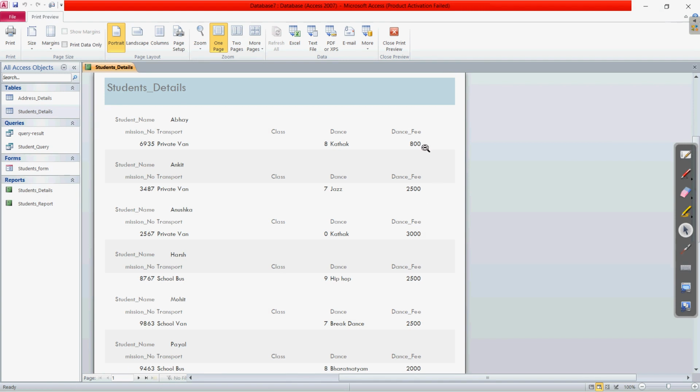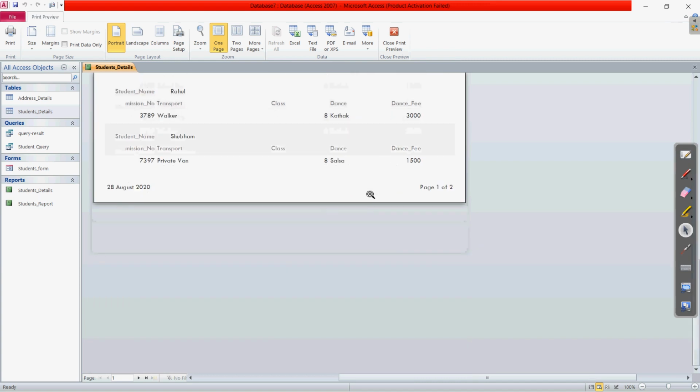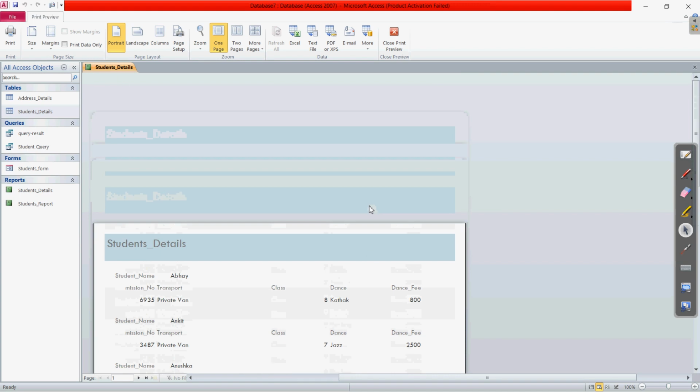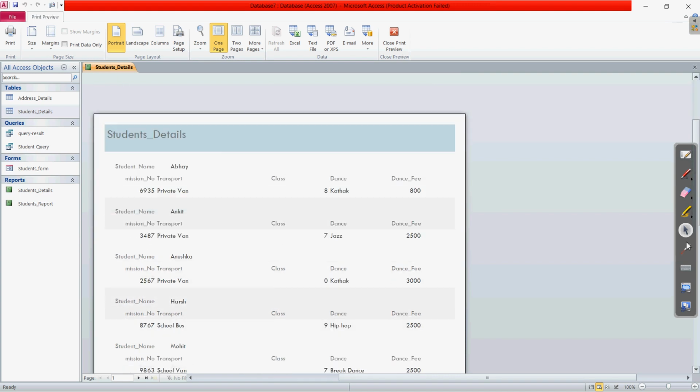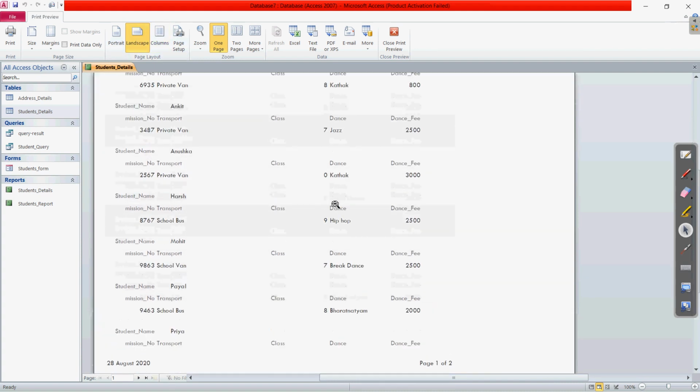For each of the names, the orientation of the page, if you want to change it, can be chosen according to your data. Here we have the options like portrait and landscape. You can see this in the print preview area. If I click on landscape, it will change like this.